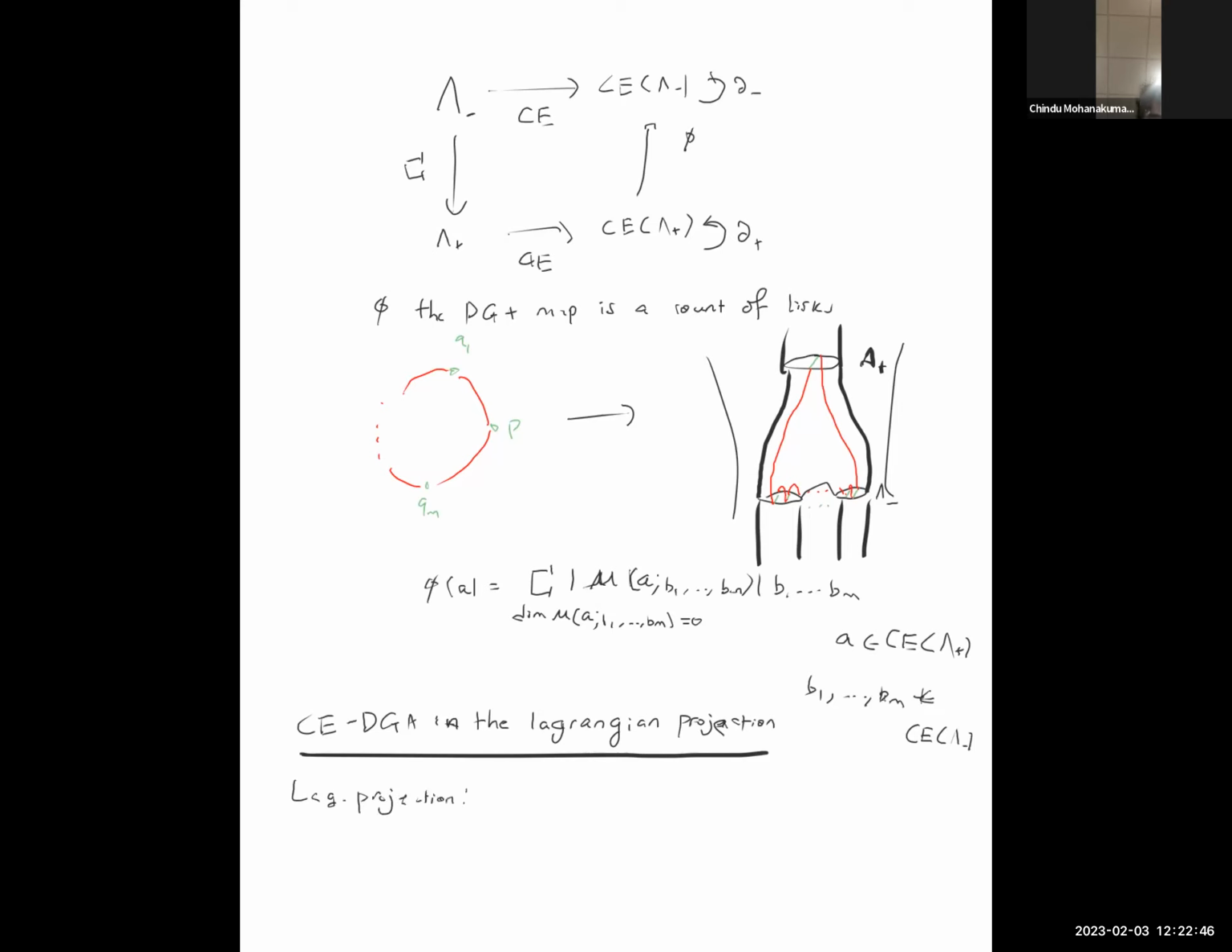Okay, so Lagrangian projection. Lagrangian projection is basically just looking at the first two coordinates. You're taking R3 equipped with alpha, and you're sending it down to R2 equipped with its standard symplectic form, dx wedge dy. Okay, so by work of Etnyre and Sabloff,